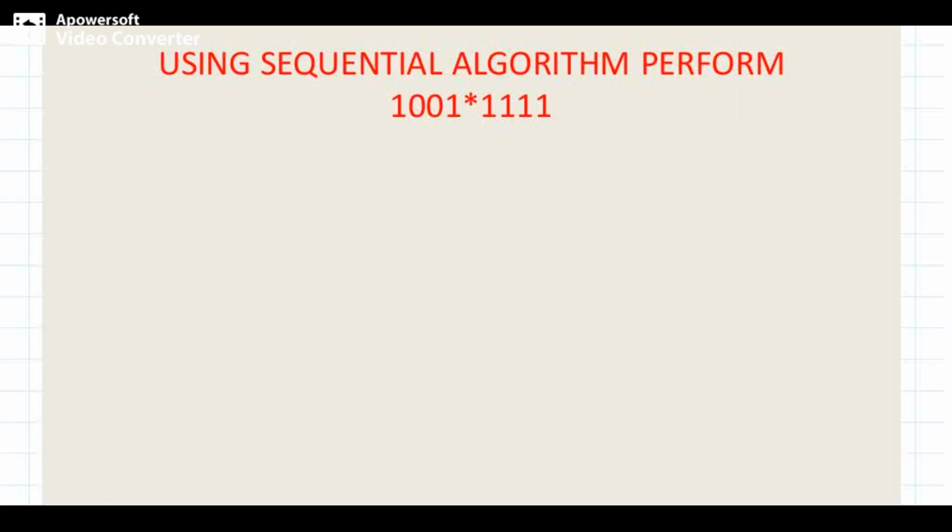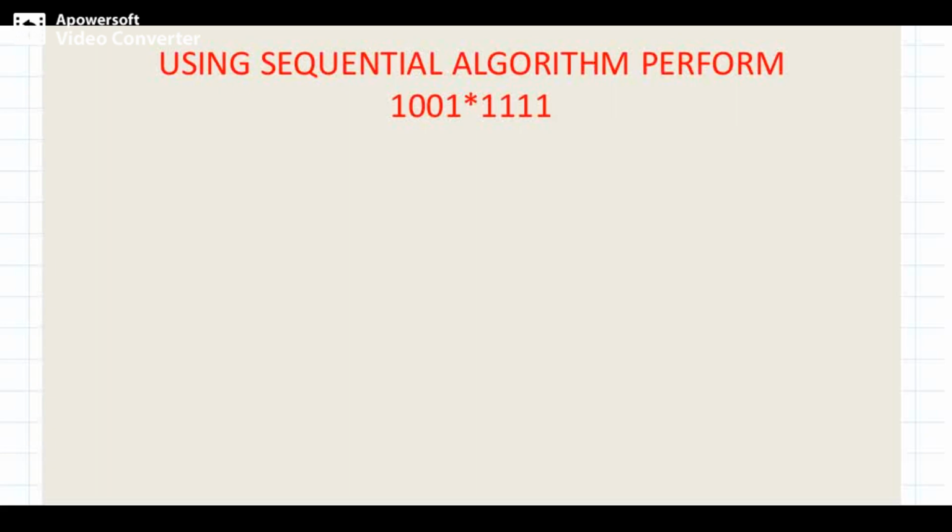So we know that in the case of the sequential multiplication algorithm, if the multiplier bit is 1, we have to perform A plus M, that means the multiplicand is added to the partial product in register A, and we have to shift it right by one position. If the multiplier bit Q0 is 0, no addition is required and we have to perform the shift operation. So each time we have to check the Q0 bit of the multiplier.